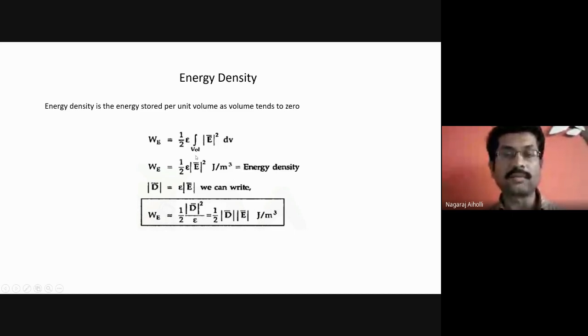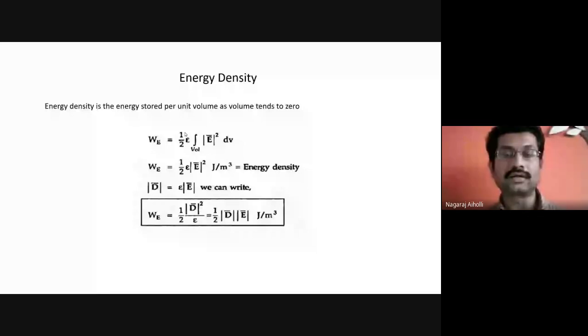What about the volume, students? How much is the volume here? Here I am writing after this equation, W is equal to half epsilon E square joules per meter cube. That is the energy per unit volume. Okay. So what about the volume? If I integrate this volume, dV, I will get V. What is the value of V here? Volume equal to how much for this step?